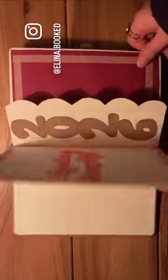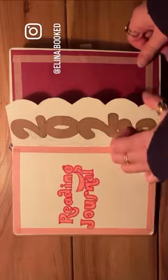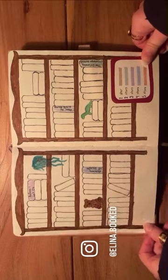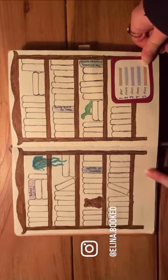This is my 2026 reading journal. First page just kind of says reading journal. There's a half page just to make it a little more interesting. This is something that I like seeing the visual of at the end of the year, where